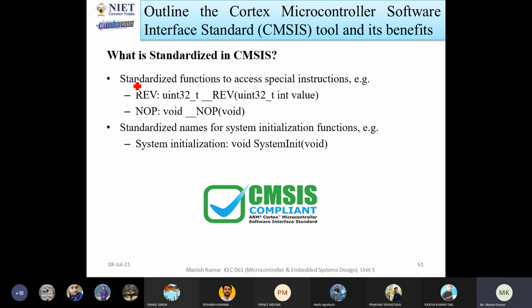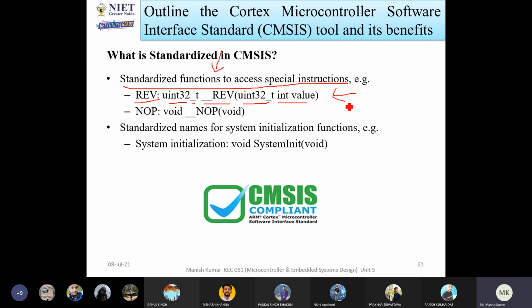So when we are talking about the standardized functions to access special instructions, you are going to standardize different types of functions to access special instructions like REV. So REV indicates reverse byte order. Okay. So if you want to reverse the bytes, reverse the data, then you can use these instructions: REV, uint32_t __REV(uint32_t value). With the help of these instructions, you are going to reverse the byte order.